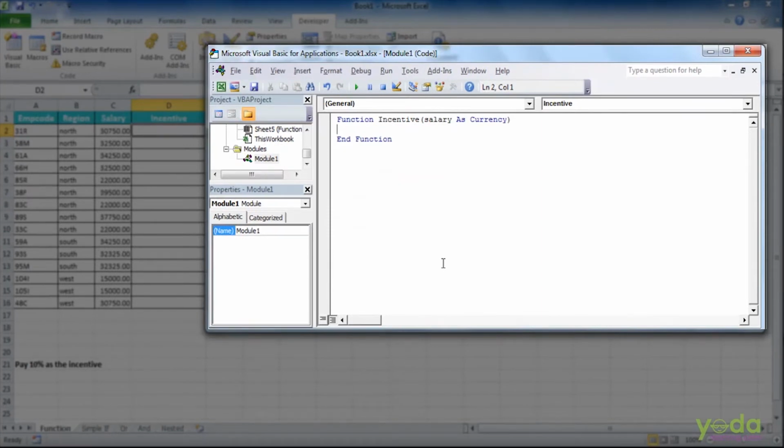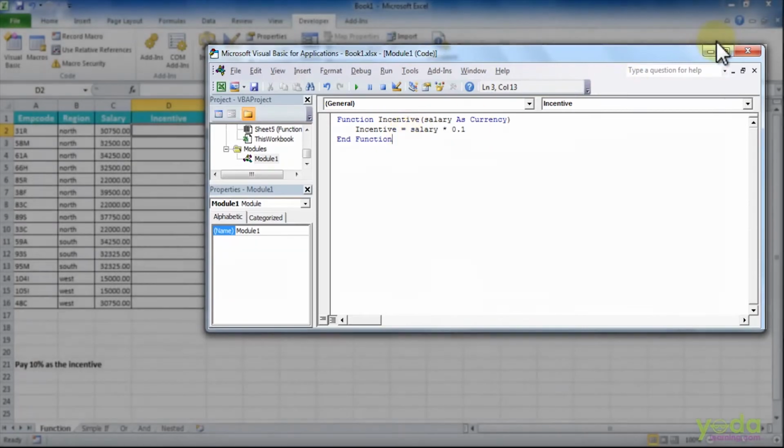Now here I will type the code. I'll press tab and my code will be Incentive equals Salary. Since I want to calculate 10% of the salary, I will say 0.1. Now here is my code.